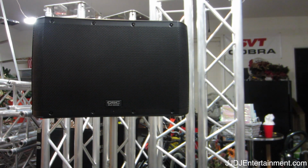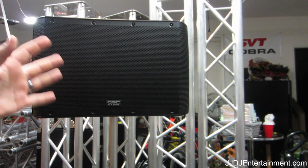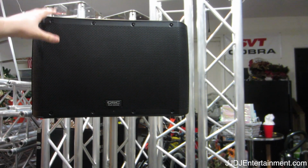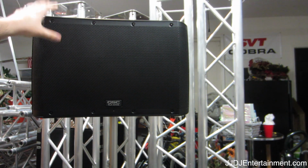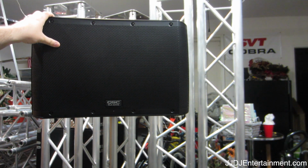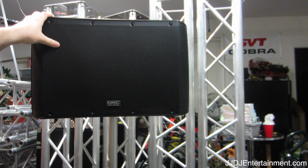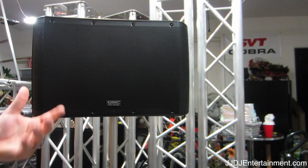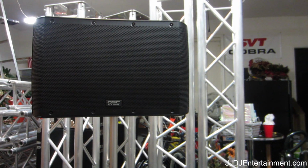One of the biggest things that I noticed right away setting up at the venue was the power these things pull. They only take, I believe, 2 amps per speaker, and the JBLs were 6 amps per speaker. So when we run distros, it's not that big of a deal because we usually have 100 amp drops. We're not worried that much about